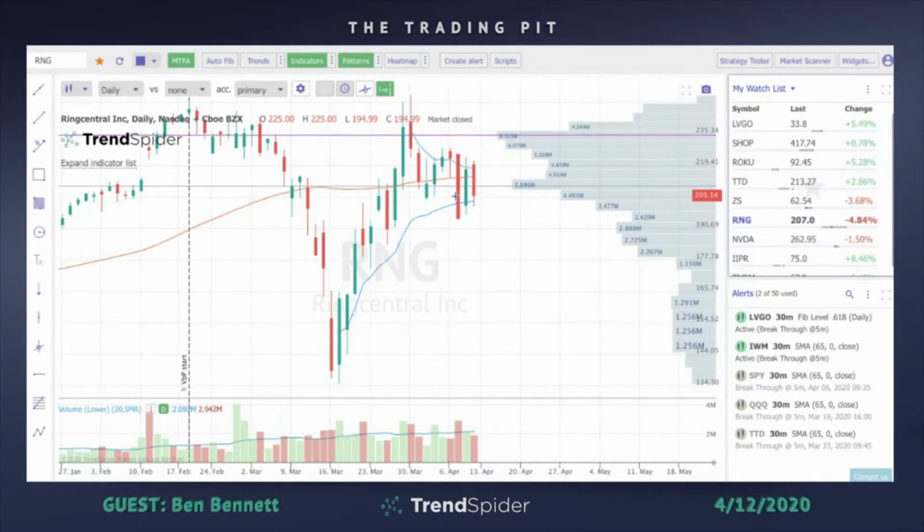I ended up getting out around 196, which is about 3-4% lower than where I should have actually got out, which is up here. And then, of course, just to rub it in and make it worse, let's see what it does the next day. Oh my. It gets to where I originally wanted to take it, which was on that anchored VWAP, and it explodes higher, but on declining volume. And then Thursday it gave it back again.